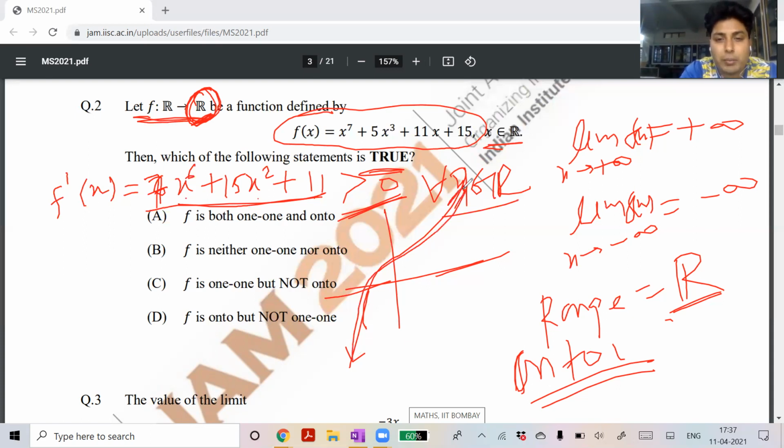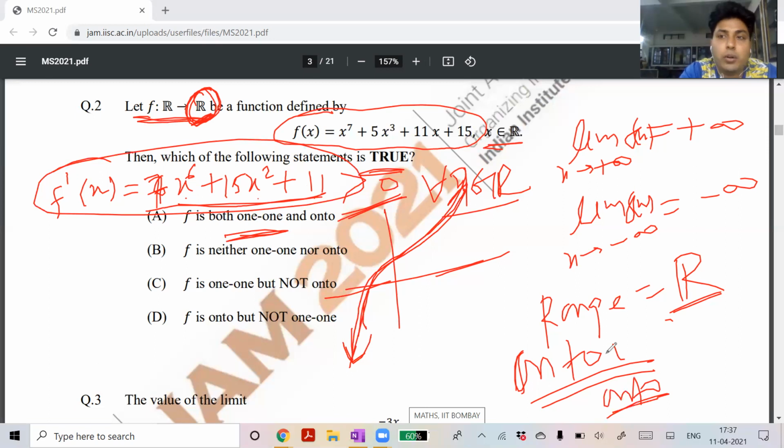We can see it in the graph. This function is a strictly increasing function, and it is also continuous. A continuous, strictly increasing function on R is always one-one. So this function is one-one as well as onto. So the answer will be both one-one and onto. And the next,